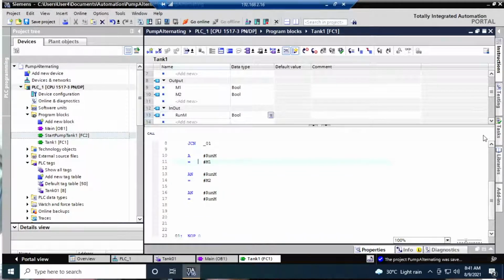I do not know why that happened. Okay, so maybe it's an editor issue, but notice here I'm assigning the variable value of run m into this m1,